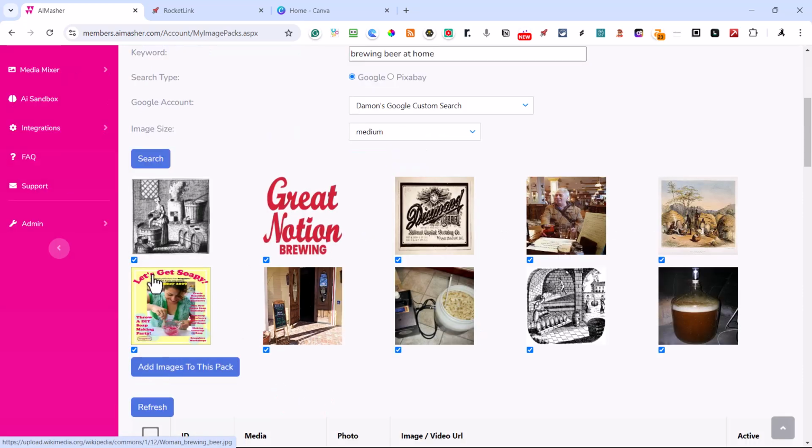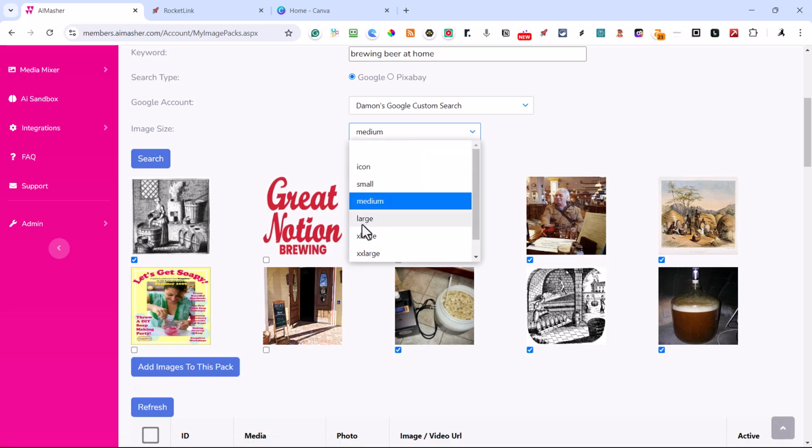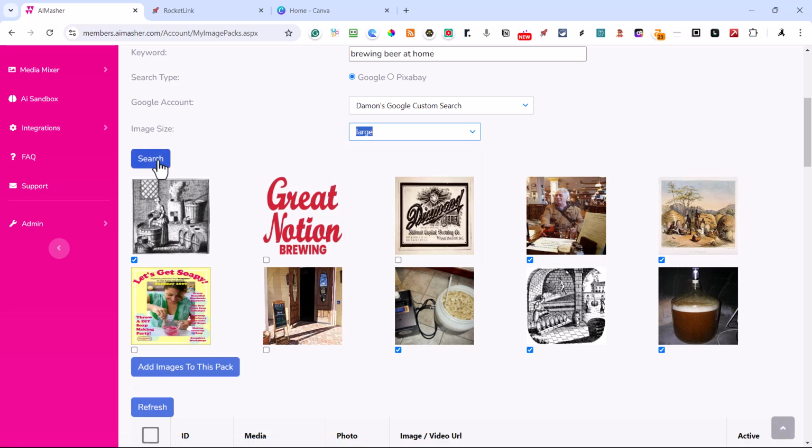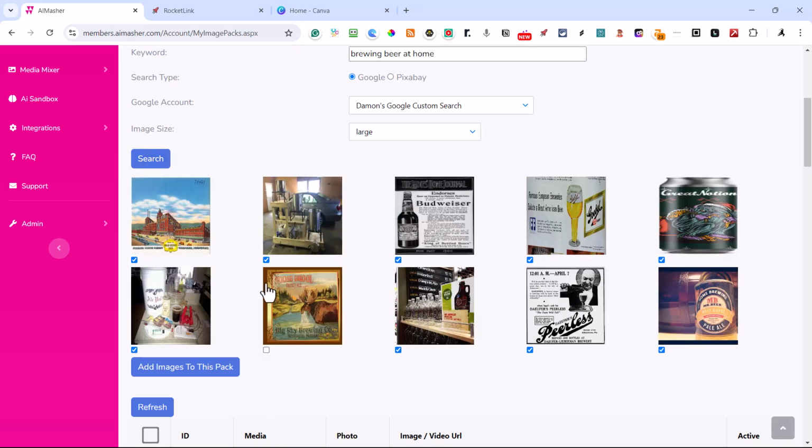Okay, so it checks them all off. If you hit that, it would add all the checks. I'm going to take off. And that one looks interesting. And that one look. Okay, I think I may leave that one in there. Add images to the pack. Now, a trick to it is choose different sizes, and a lot of times you'll get different images put in there. Okay, I'll just take off a lot of these here. So I've got 3 of them here.